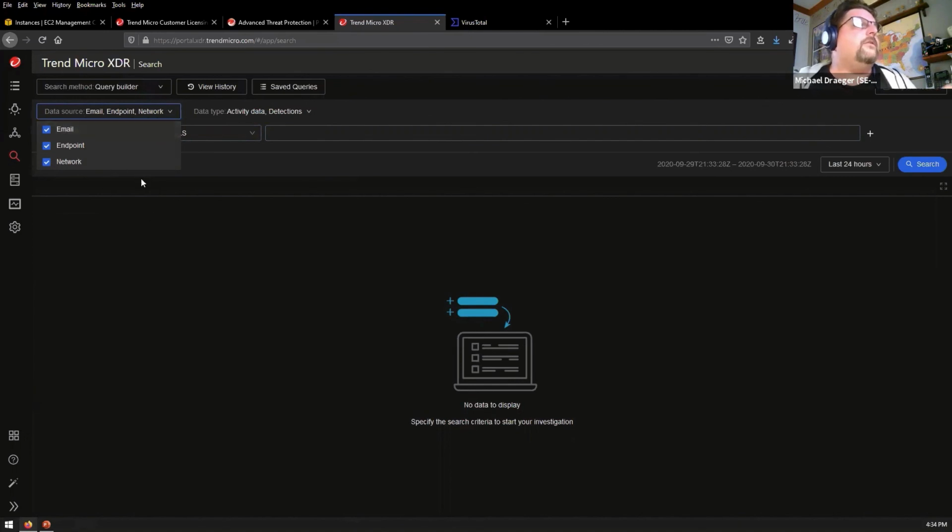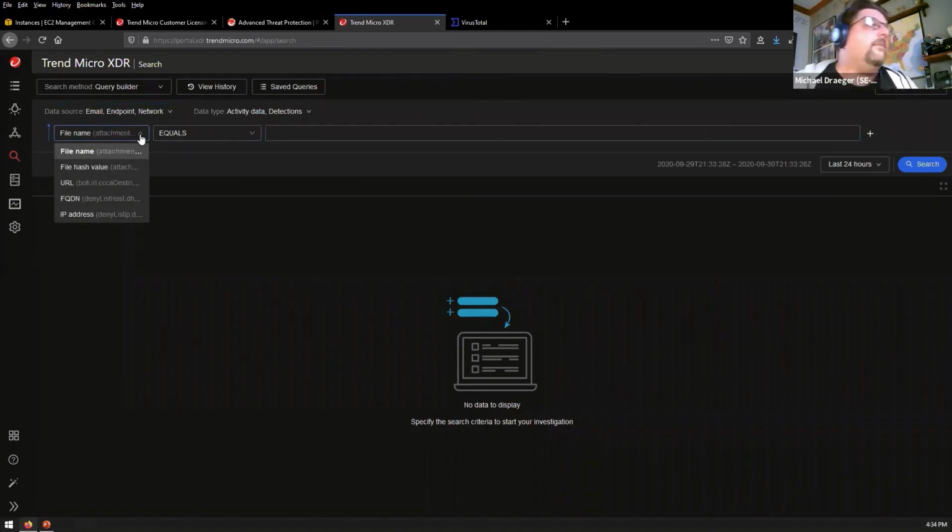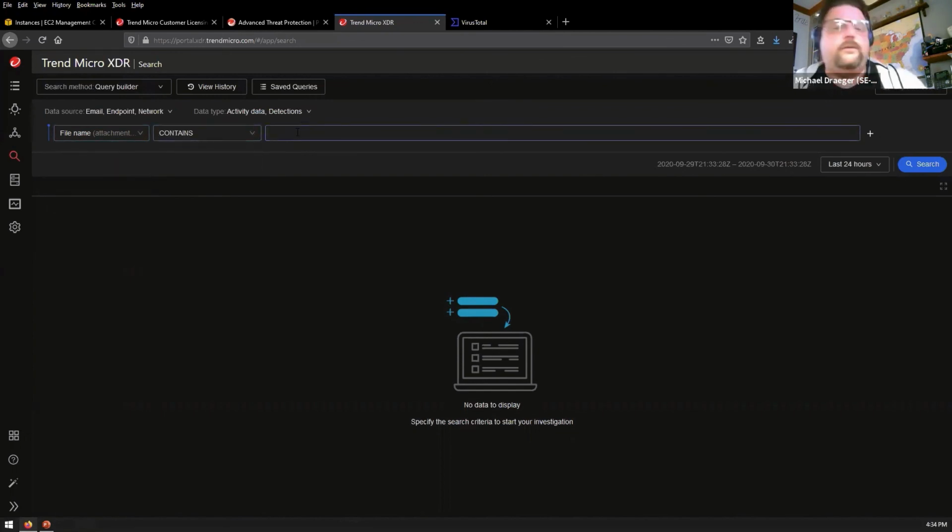Now I can do a search across the board for everything. When I'm searching across everything that's been registered, I have the ability to search for file name. I can do file hashes. I can do URLs, fully qualified names, or specific IPs. So I'll just use contains, and I'll just type,